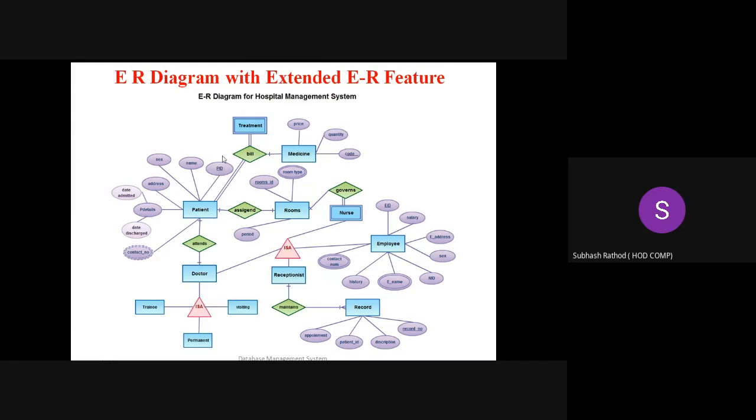So here is a diamond. Green color indicates the relation. Yeah, green color indicates the relation. So where can we associate two relations? Where can we associate two relations? So doctor. Right, it's employee. Doctor is, we can say, an employee, or we can say it the other way.